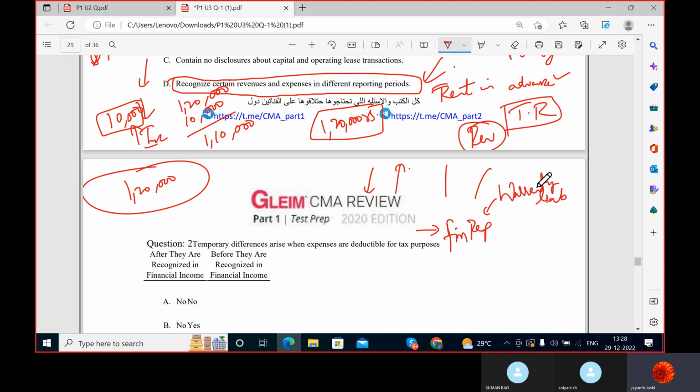Later, under provision or over provision, we can adjust. Suppose my company has set a provision of $1 lakh for warranties. That is an expense which I will recognize beforehand. But what happens under the tax returns? It will only be recognized when it is paid. Are you understanding? It may be paid later, maybe next year, whenever it is paid, then only it will be recognized. So this is creating a difference between these two books. What is creating the difference? Things which are shown in different reporting periods.